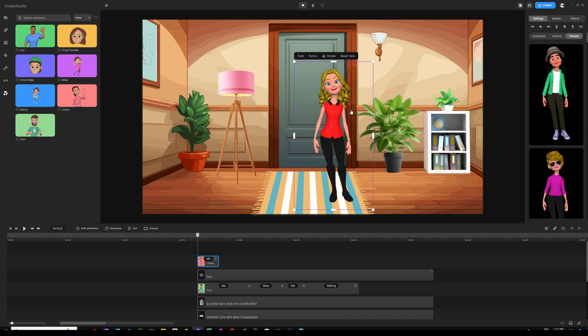And so this is exactly the one example that I'm going to use as a workaround in terms of Linka when she's going to open up the door, because we don't have any action that is suitable to make her look like she's opening the door. The only action I found that is so helpful at this point is showing the phone. So she's gonna hold up the phone, show it as if she's showing the phone to somebody, and that would be the action that we're going to use to make Linka open up the door